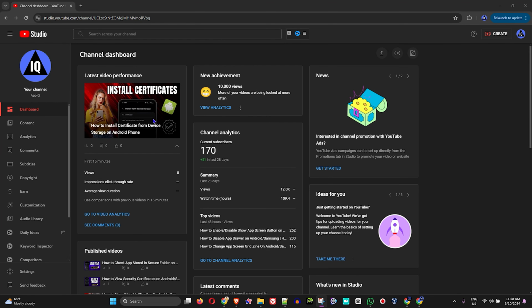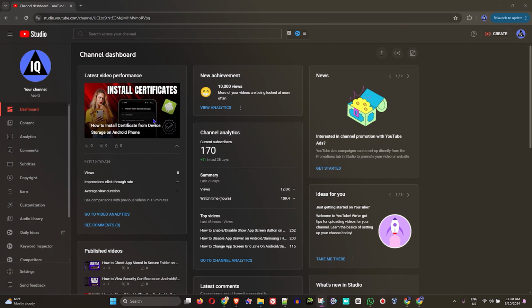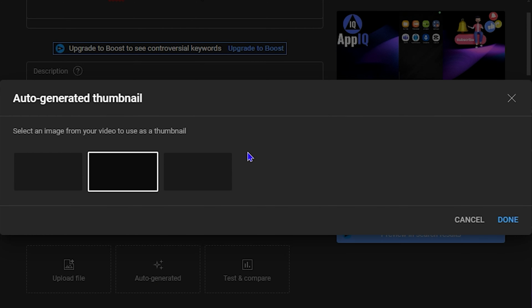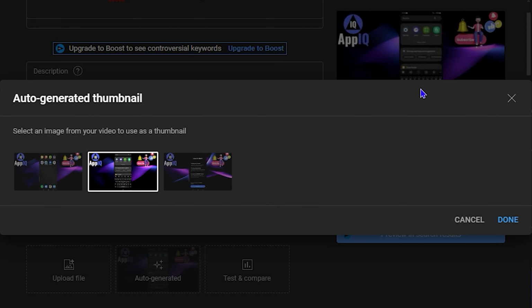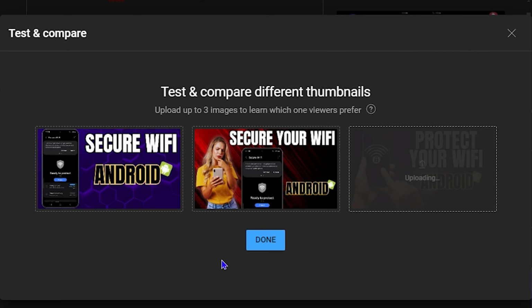YouTube has recently rolled out a brand new feature that allows you to auto-generate thumbnails and also to split test between 3 different thumbnails within the YouTube Studio. And this is literally a game changer for content creators. And in today's video, I'm going to show you how to use this feature by showing you how it generates new thumbnails, and also I'm going to upload 3 different thumbnails to split test to show you how this feature